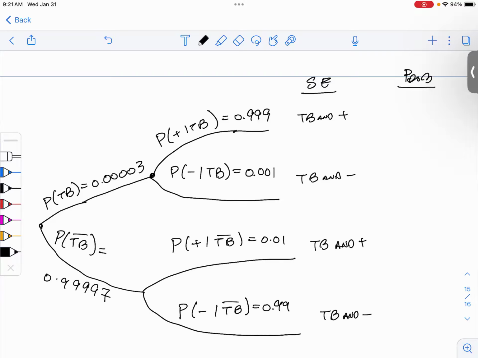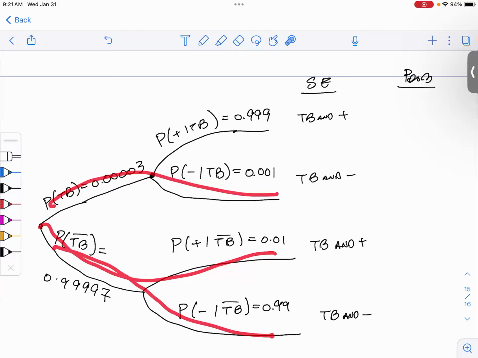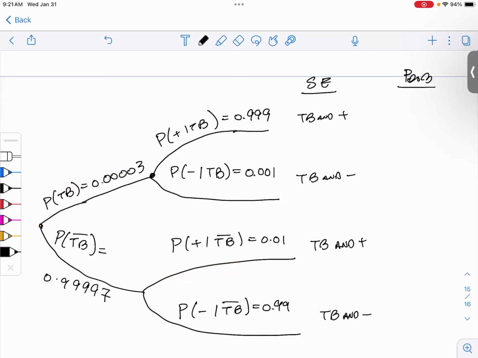Since these numbers are very, very small, I'm not going to write them out all the way, but each of these, I'm doing 0.00003 times 0.999 to get the resulting value here. And I'm just going through each branch to get its corresponding probability. And since the numbers are very, very small,